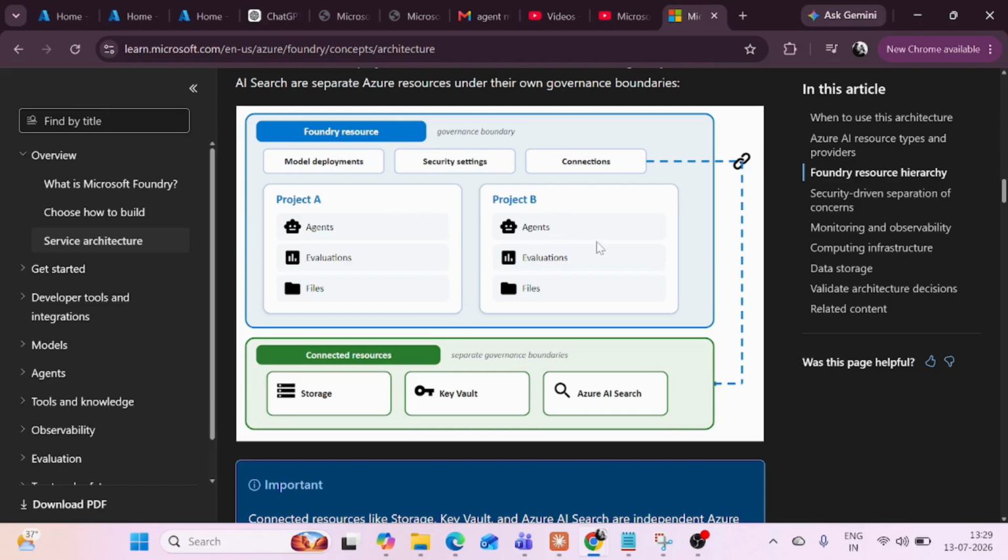So how will it be segregated? This is the boundary where you can isolate one project from another project. Whatever agents you are building will be accessible within this particular project only. And whatever resources we are creating under the Foundry resource, as I mentioned earlier, will have some dependency resources like storage, Key Vault,